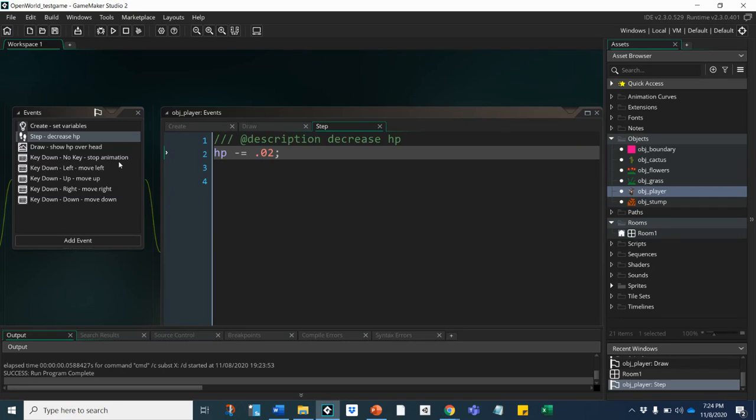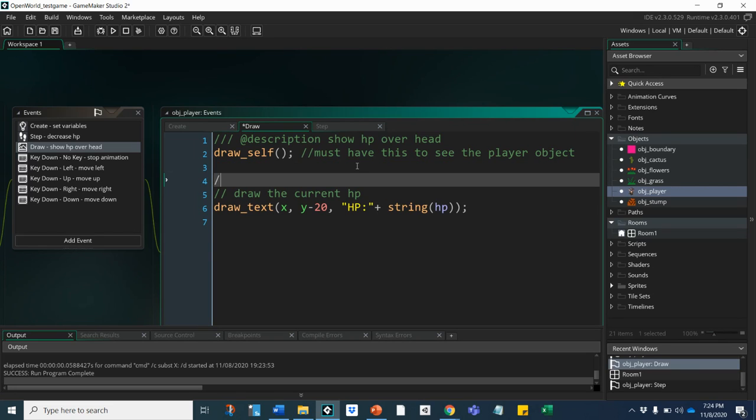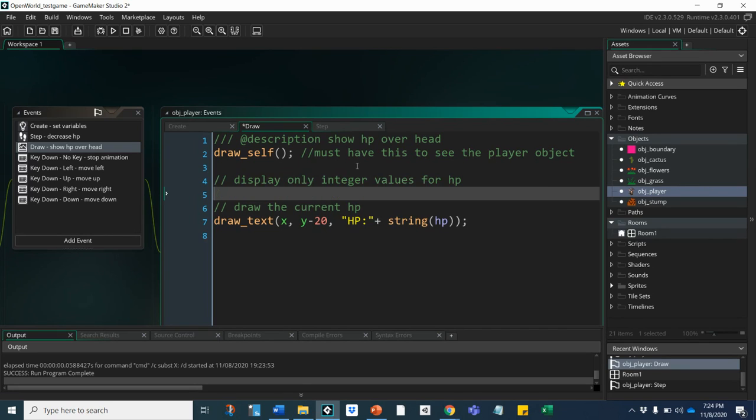So in order to do that, we're going to go back to our draw event, and we're going to add another line of code. I'm going to add a comment, and my comment will say display only integer values for HP. And in order to do that, I'm going to create a new variable called strHP, string HP,